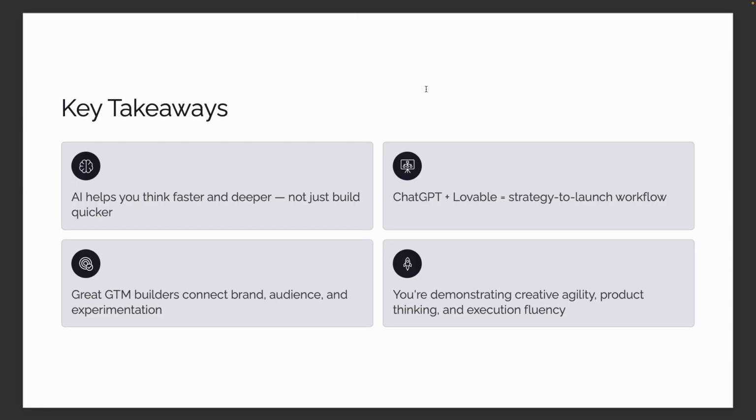So key takeaways, just to wrap up here. AI, this is a great example. It helps you think faster and deeper and not just build faster, build quicker. The whole process, it's going to help you from the early ideation, the copywriting, all the way through building and then creating your experiments. Lots of different tools you could use. I'm using ChatGPT and Lovable just because I've been using those tools a lot. And I like getting together with ChatGPT for ideation and for copy generation, iterating back and forth. And I love Lovable for just how easy it is to build this stuff and publish